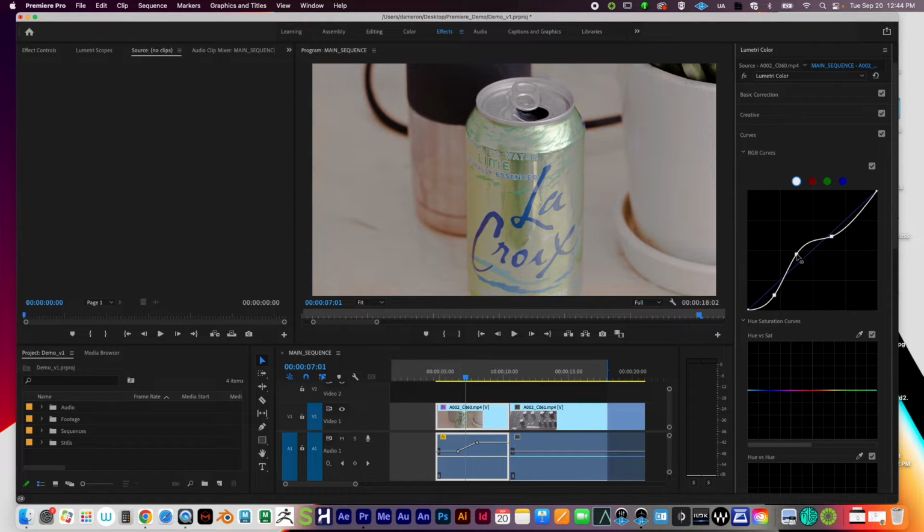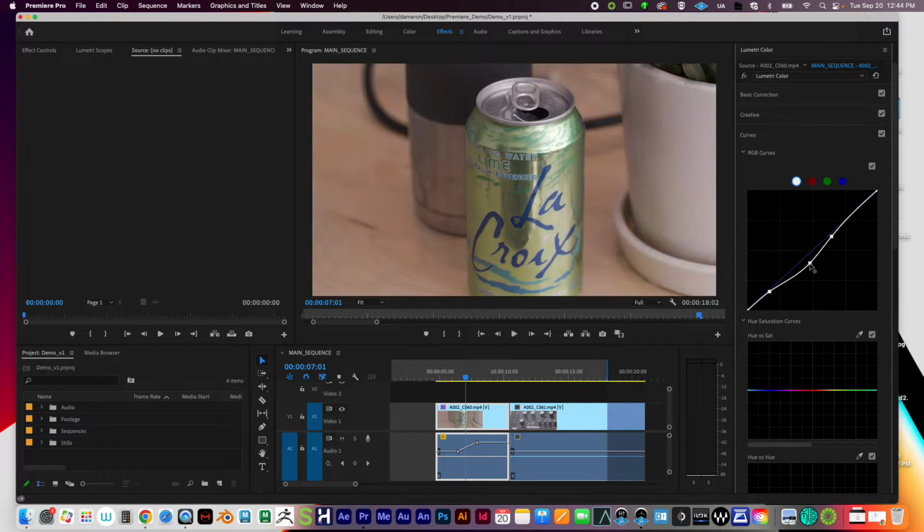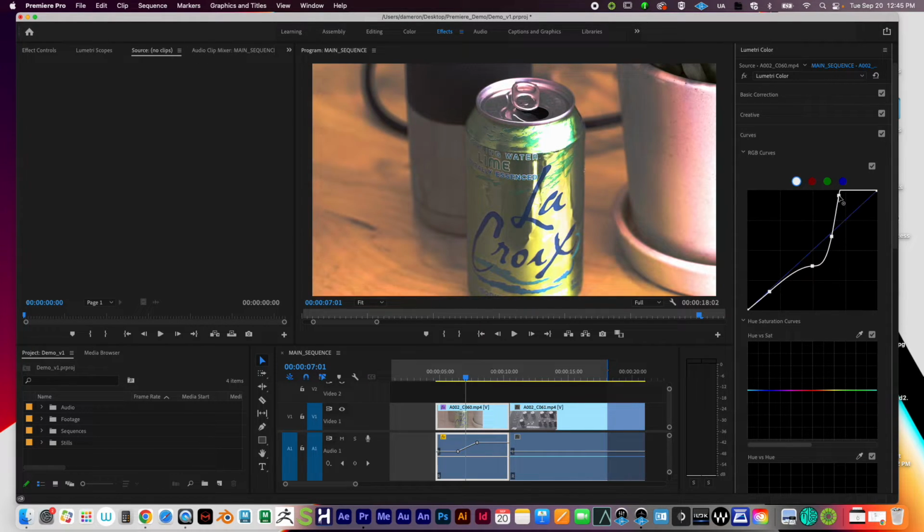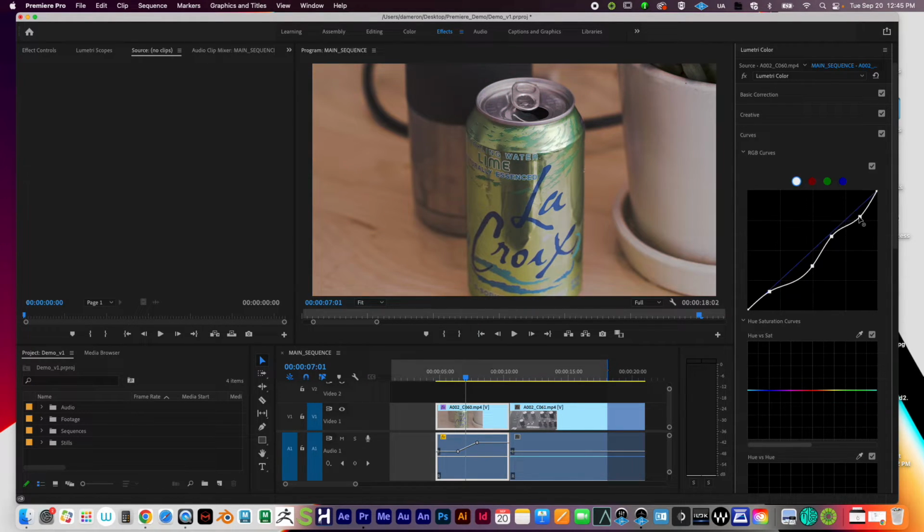So if I click this up, the midtones will get a little bit brighter. Bring it down, the midtones will get darker. And then same for the brights up here. If I bring it up right here, the highlights get brighter. And if I bring it down, the highlights will get darker. So keep your eyes on the highlights, and this is obviously really exaggerated what I'm doing right here. And you can get rid of these just by double clicking on one of the dots,